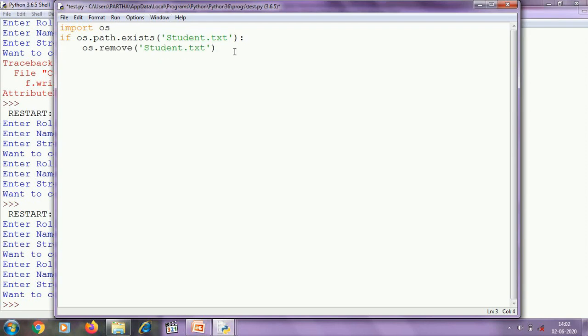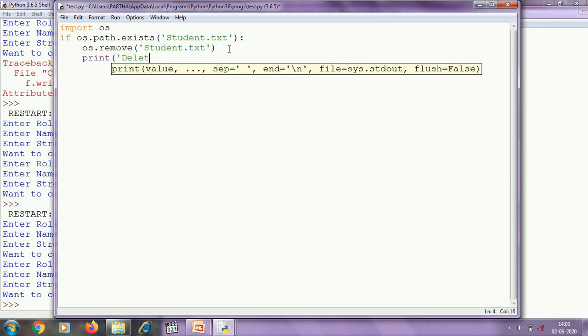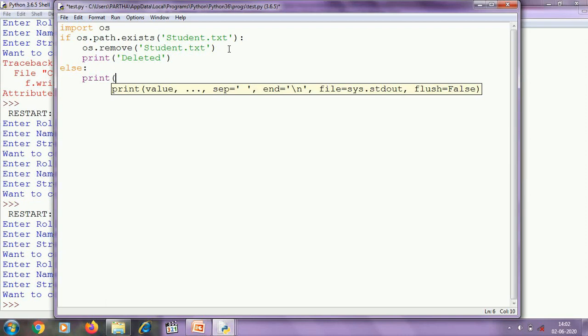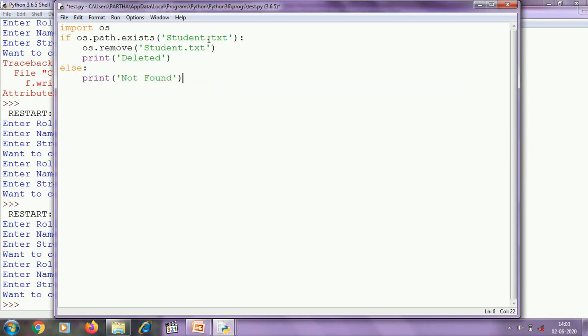If student.txt exists in the current working directory, then it will remove student.txt, and I am going to display deleted. Otherwise, if it is not there, then I am going to display a message that it is not found. Let's check.